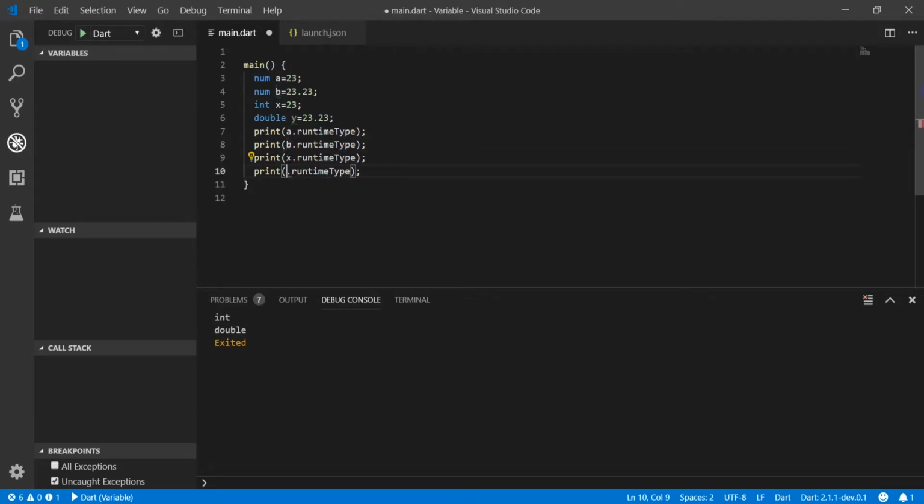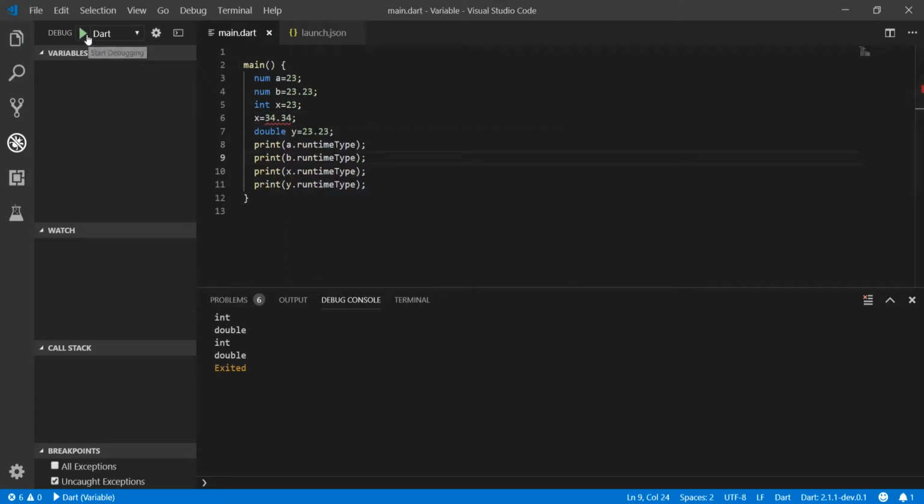So I am changing this a to x and b to y. Now save this and execute this. I am getting int double and int double. That is, x is an int data type and y is a double data type. So now it becomes a little bit tricky. Now what happens if I assign a double value to this int x? Now here I am assigning a double value to this x int variable. x equal to 34.34. Just giving this value.